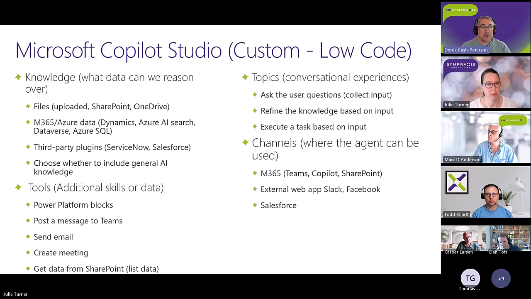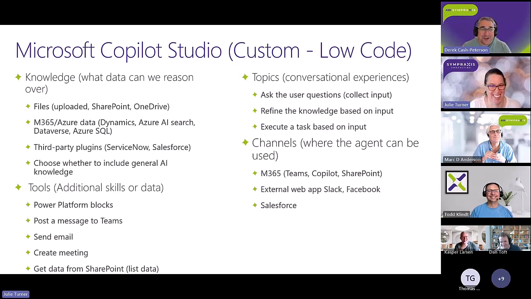And this was an interesting one. I was looking at some of Paolo Pialorsi's demos, and he created this HR bot agent, and then he asked it how to make pasta carbonara. That's fantastic.